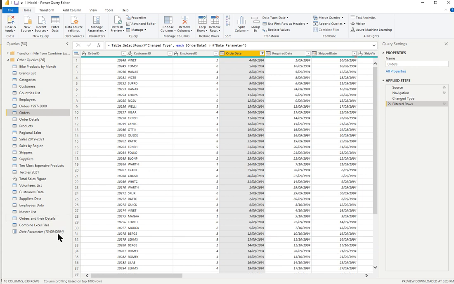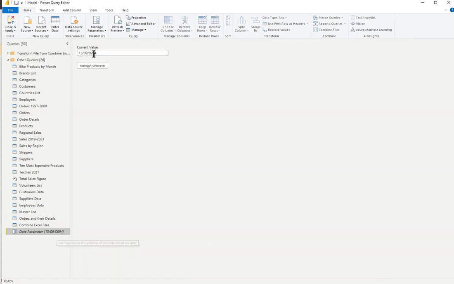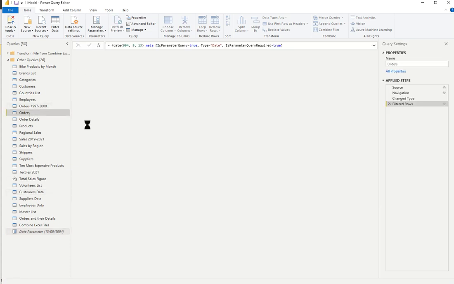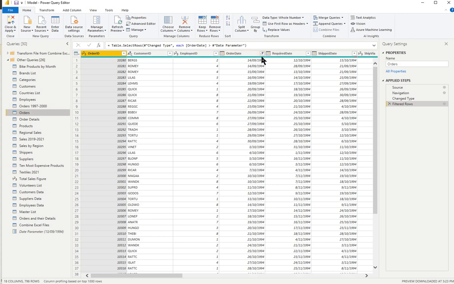Oh, except my date's wrong. So I click on my date, I go back to here, I change that to a 1, and I go back to orders, and as soon as I do, it's just taken effect, and down here I see 798 rows